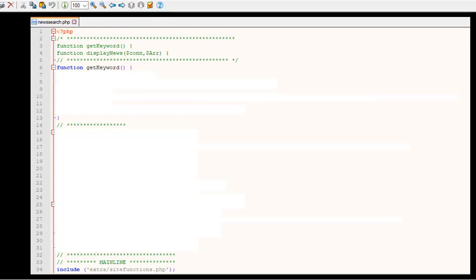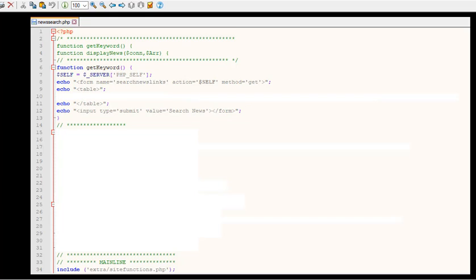Begin by just creating a function get keyword. It's actually just going to create a form. Name equals, in this case, search news links. Action equals $self, so we need to create a $self that's equal to the server PHP self. Close the form. Have the search news be the submit button, and in between that we're going to create the